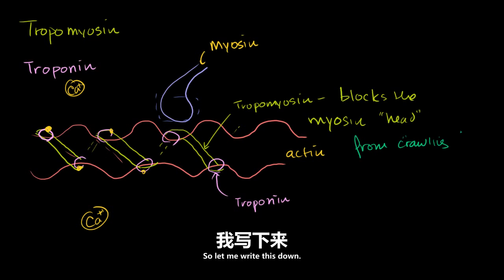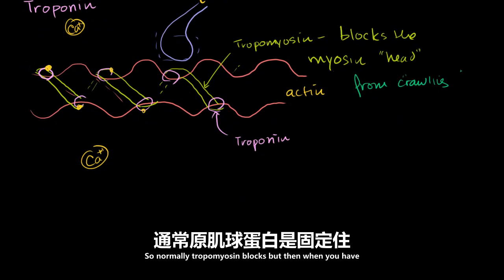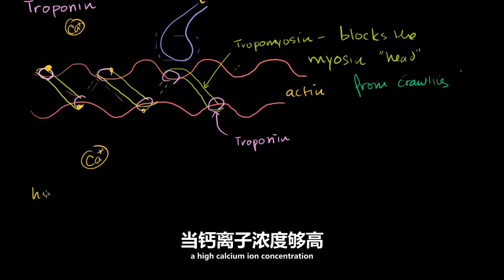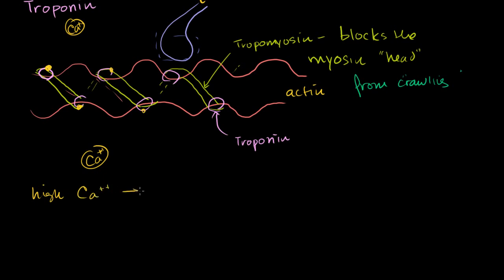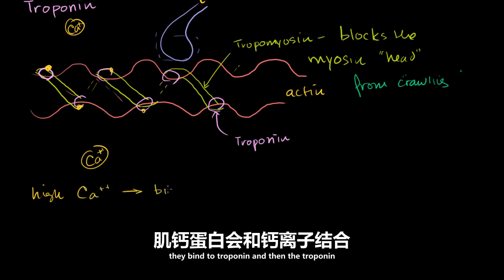So let me write this down. Normally tropomyosin blocks, but then when you have a high calcium ion concentration, they bind to troponin,